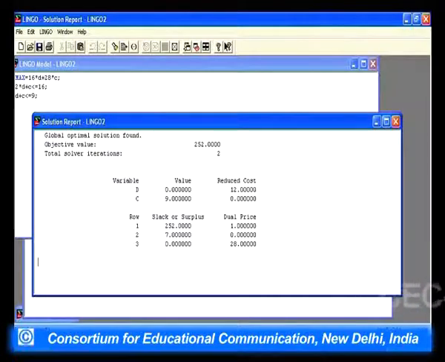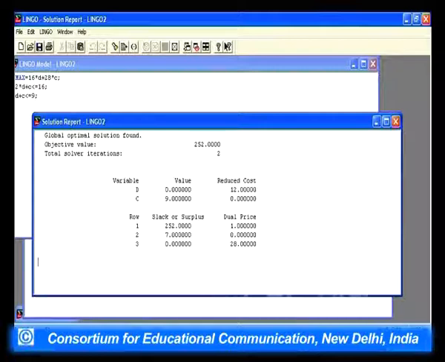Here I am putting it like this: the profit is to be maximized, and the profit from each doll is 16 and the profit from each car is 28 instead of 14. In this particular case, we have recorded the objective function as maximize 16D plus 28C, and both the constraints are the same, they are retained: 2D plus C less than equal to 16, and D plus C less than equal to 9. Again, if we hit the target, we will get the solution, and we call it a global solution.